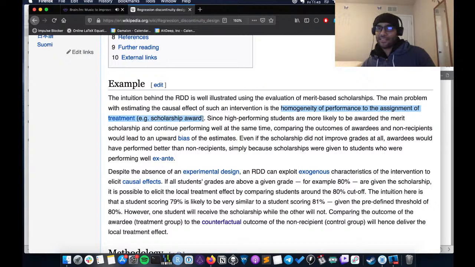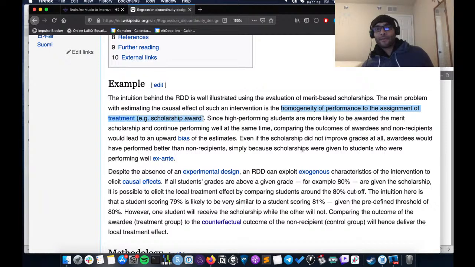Okay. Since high-performing students are more likely to be awarded the merit scholarship and continue performing well at the same time, comparing the outcomes of awardees and non-recipients would lead to an upward bias of the estimate. So this feels like effective treatment on the treated. You want to understand the effect of scholarships on people, but the people who get the scholarships were already doing well. Had they not gotten the scholarships, they probably still would have done all right. And so